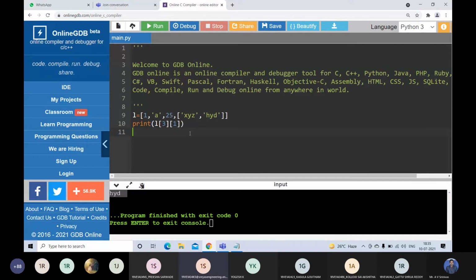If you want to perform the addition, yes sir, am I right? So actually addition of two lists is not possible, because the sum function we have is for the purpose of adding only one list of elements.